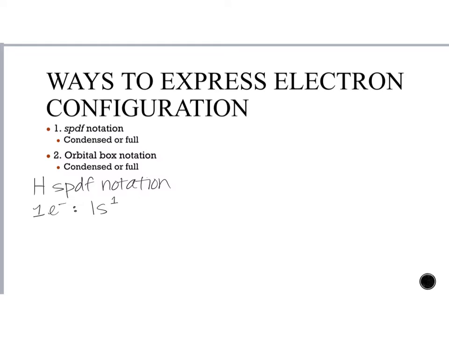So the lowest possible energy level for this one electron to reside in is the first energy, S sublevel. If you refer back to that periodic table tool I gave you, you'll see in the upper left-hand corner that the very first sublevel that an electron can add in is the